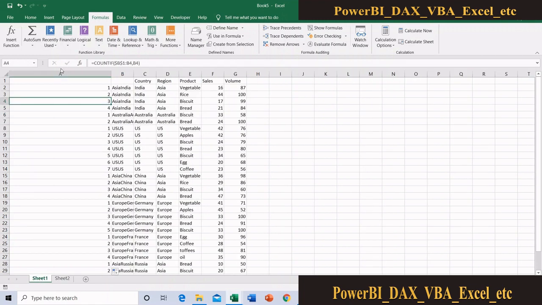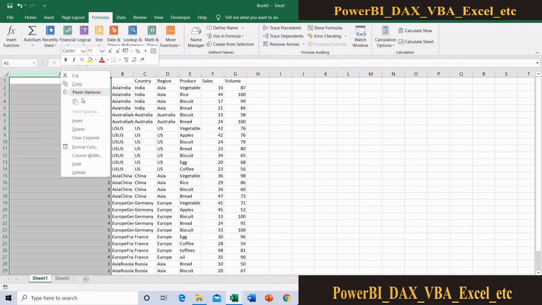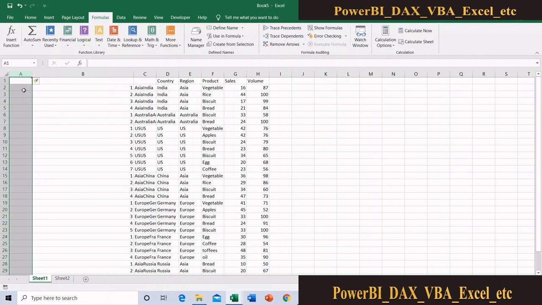So for that I am making one more key, is equal to this Asia India, first Asia India, enter. And I am extending this range: Asia India 1, Asia India 2, Asia India 3, like that. Here US 1, US 2, US 3, etc.